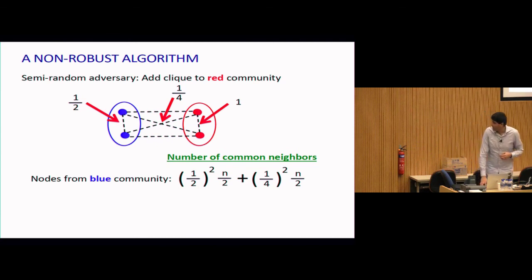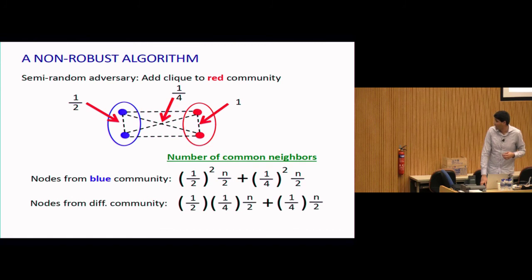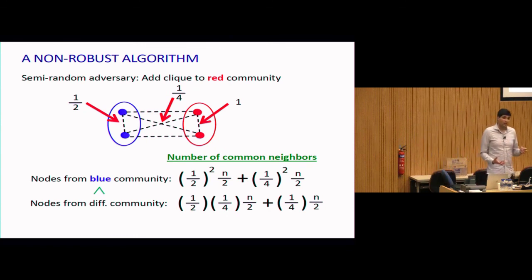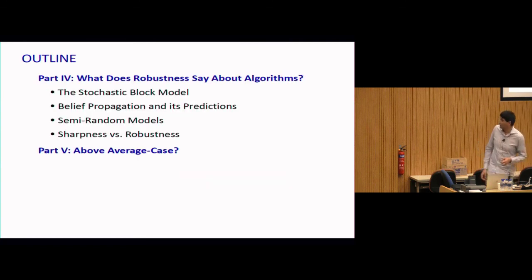And then what you can check is that if you take 2 nodes from the blue community and calculate the expected number of common neighbors, this turns out to go the other way, as if the nodes belong to different communities. So in fact, a lot of the algorithms which are designed for the stochastic block model have these properties that they work only for the stochastic block model, and once you make slight changes to the distribution, even ones that sound intuitively like they ought to help you, they turn out to break the algorithms.